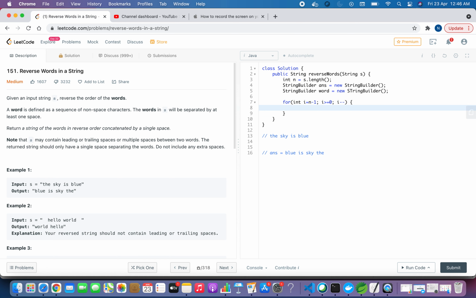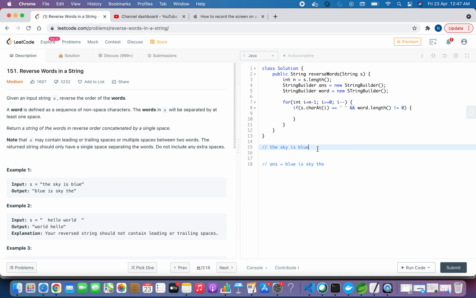Okay, so if we find a character which is a space, and if our word is not empty, or we can say word.length is not equal to 0, that means we have a word constructed.